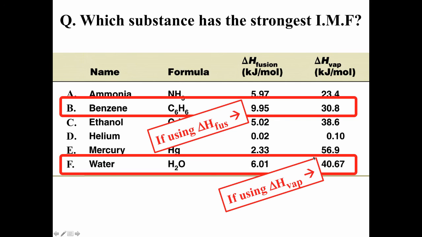So this is just meant to indicate that depending upon what exact quantity you're looking at, you may get differences in which substance appears to have the strongest intermolecular forces. And note that overcoming the intermolecular forces to take a solid and turn it into a liquid is somewhat different than the intermolecular forces you overcome taking a liquid and turning it into a gas. Here, you're just changing substances that are locked in place in a solid into where they can move around relative to each other. But they're not totally separated, whereas with delta H of vaporization, you're actually completely separating the molecules from each other as you go from liquid phase to